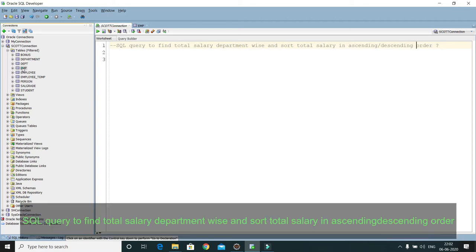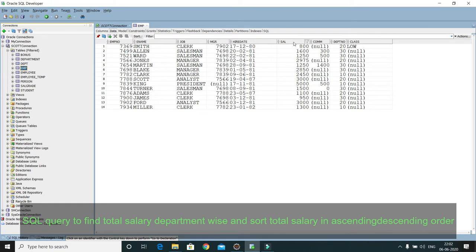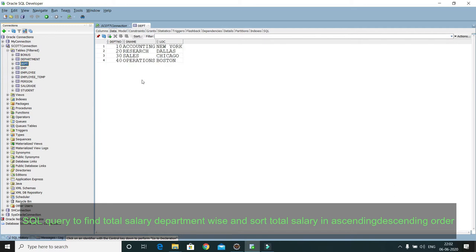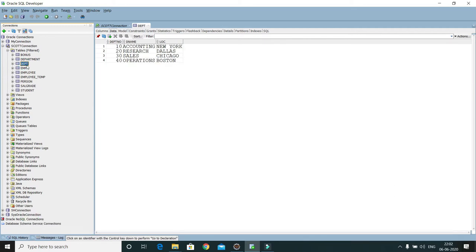So here I have an employee table which is having a salary and department number, and another table I have, a department table called DEPT, which is having department number, department name and location.